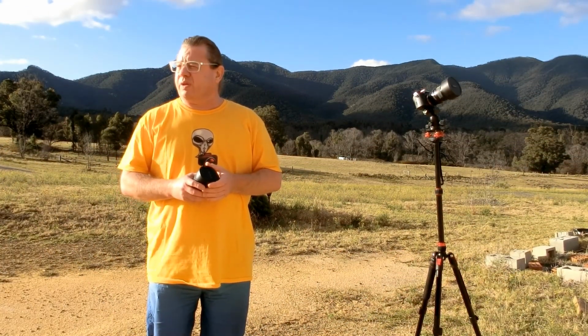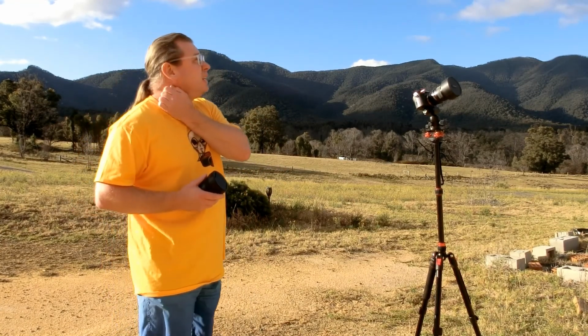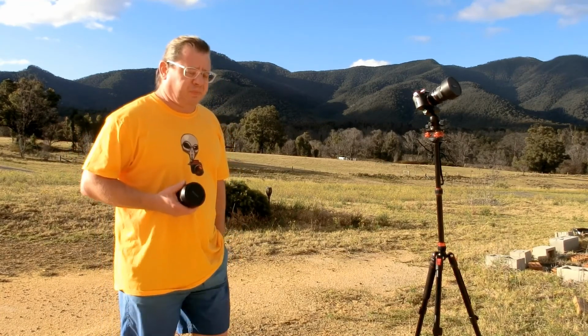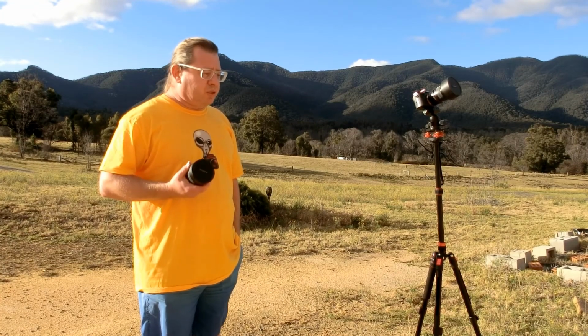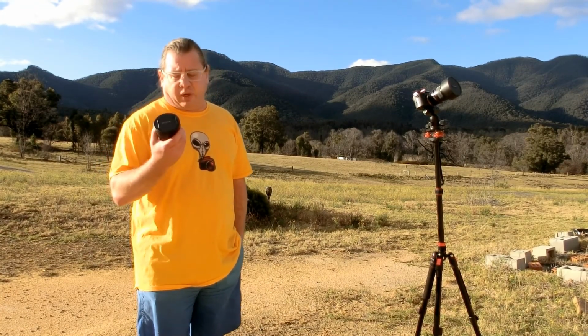And finally, weather permitting, hopefully these clouds will clear tonight. The forecast does seem to indicate that they will. So what we're going to do is try to do some Milky Way shots, which is actually what I bought these lenses for. So what I'm going to show you now are two photos of the Milky Way taken directly after each other,